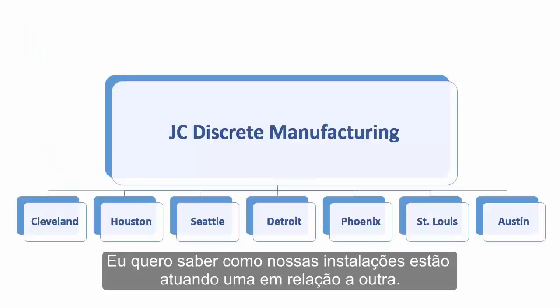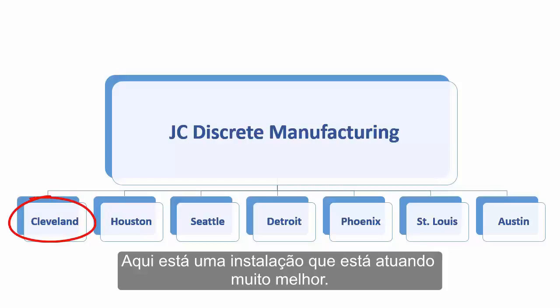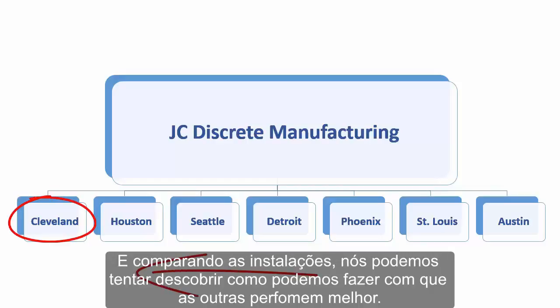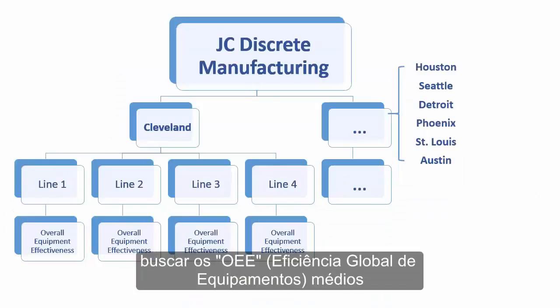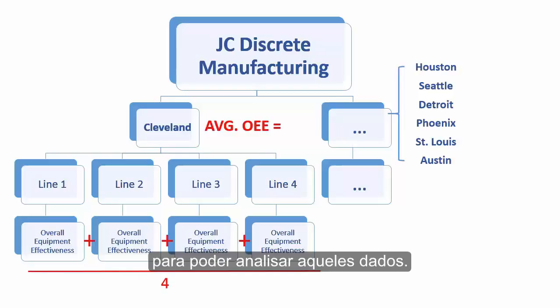I want to know how our facilities are performing relative to each other. Perhaps one facility is performing much better, and by comparing the facilities, we could try to figure out how we can make the other ones perform better. What I really want to do is pull the average overall equipment effectiveness metrics back so that I can analyze